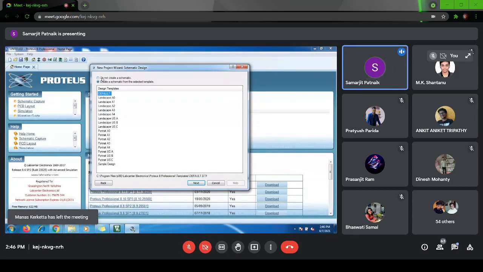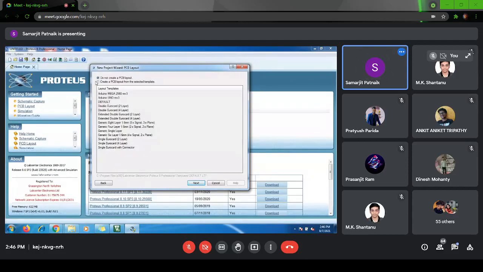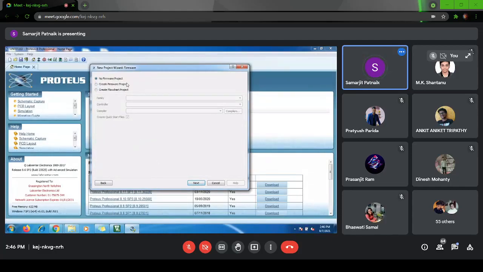Then choose this option, create a schematic and use this default. Do not create schematic setup, choose default. Then go to next. Do not create PCB layout, just default options. Go through it. No firmware project. Then click on finish.